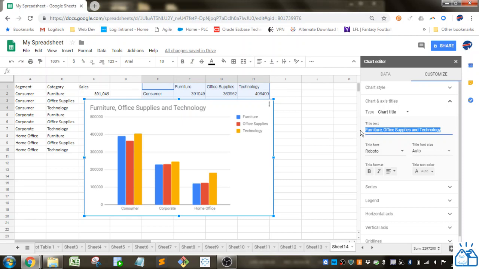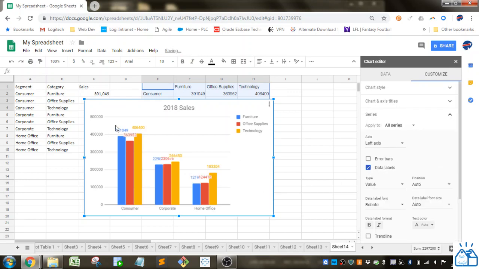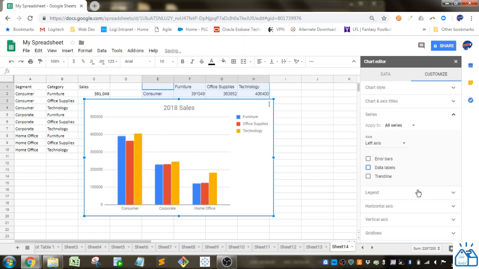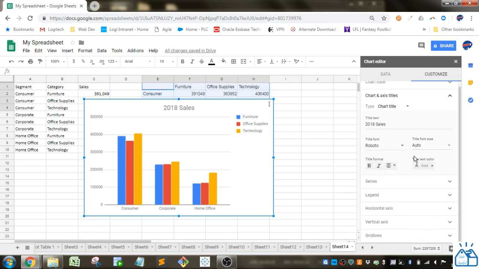I can say 2018 sales or something like that. And I can change the alignment so it's centered on the chart. So the series, we can add data labels so people know what these numbers correspond to. Legend, you can change the legend a little bit. Horizontal axis, you can change the label format, so you can put it in italics or bold or things like that. Also, you can change the